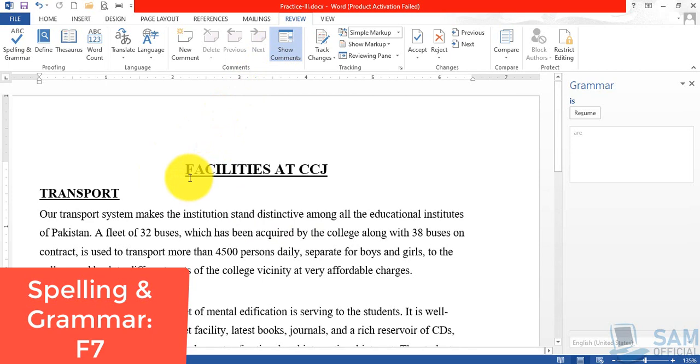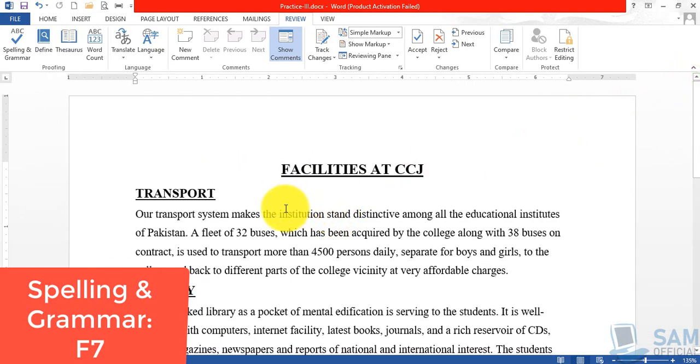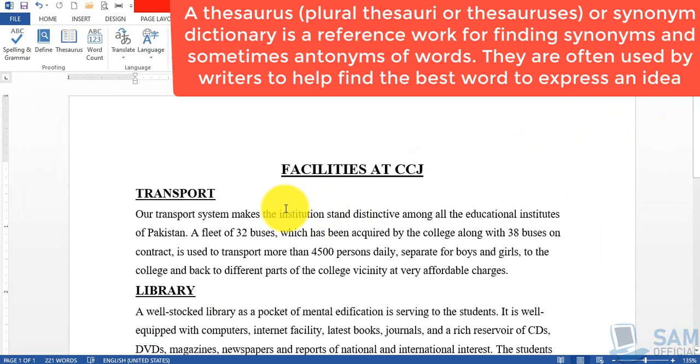We learned the method of right clicking and from the context menu. And we learned also the method of the shortcut key. Now we are heading towards the thesaurus. And before we start this option, the thesaurus option, we should understand first what we mean by the